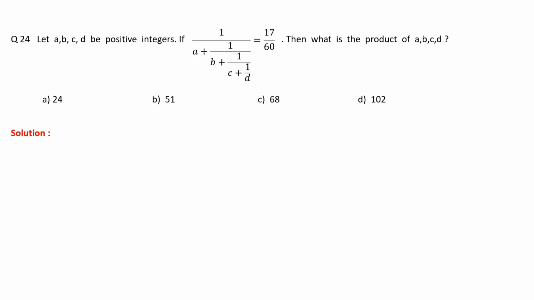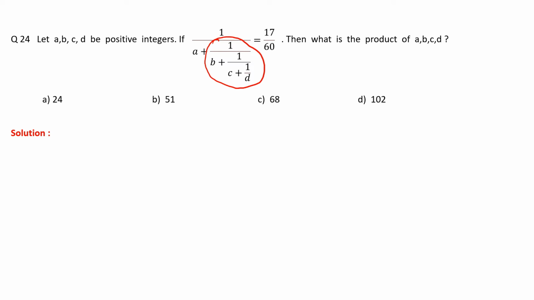Now students, this is an interesting problem based on a simple concept. The question says let A, B, C, D be positive integers. If 1 upon A plus 1 upon B plus 1 upon C plus 1 upon D is equal to 17 upon 60, then what is the product of ABCD? Now when we look at this problem, we can clearly see that the quantity 1 upon B plus 1 upon